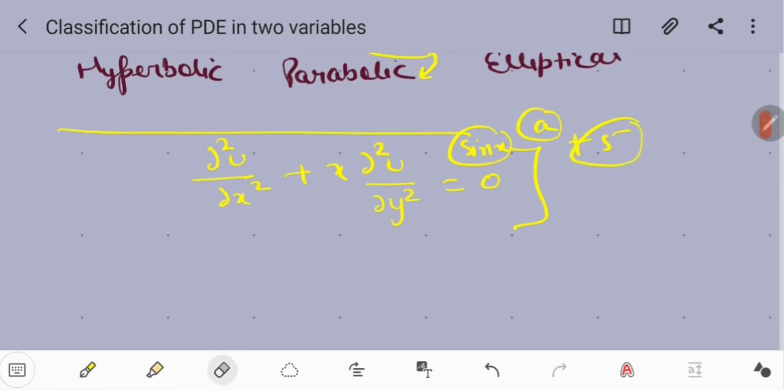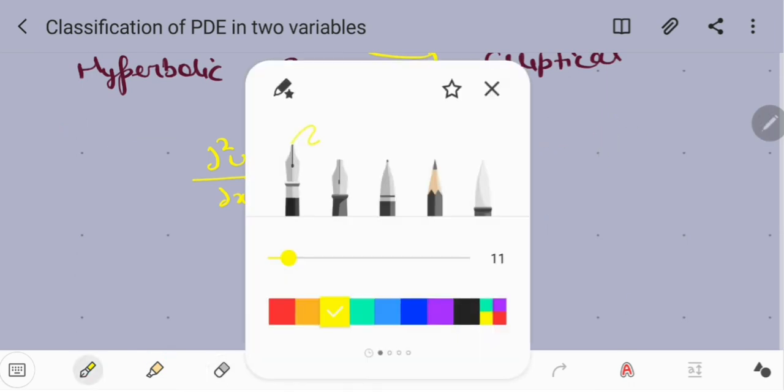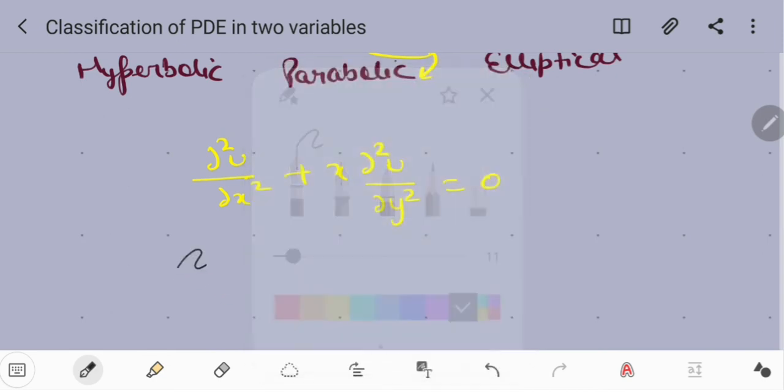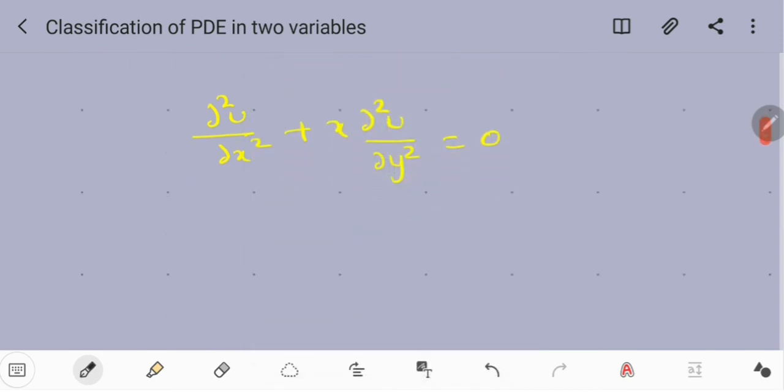But at the moment you have the homogeneous part. So if I ask you now how you would find out whether this equation is elliptical, parabolic or hyperbolic in nature, you can easily figure out that the coefficient of the highest power of one variable